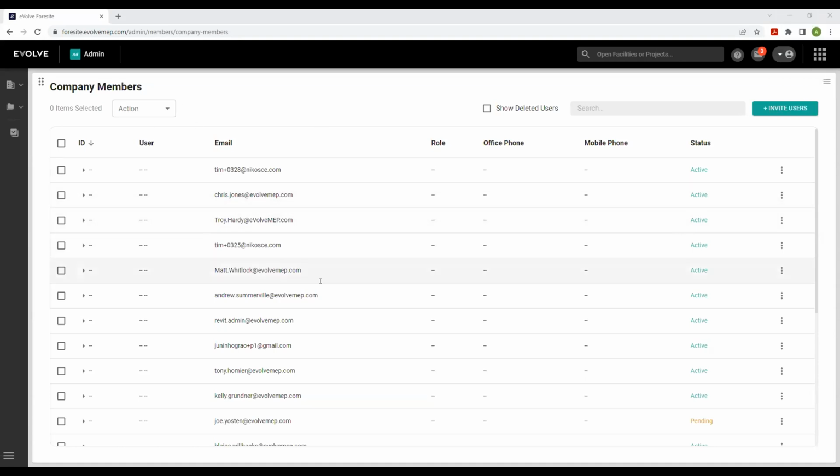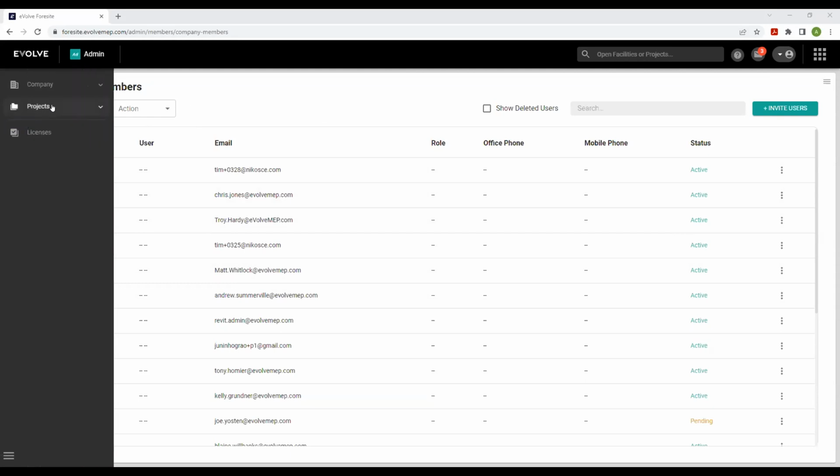So this is the main page that you're going to see when you log into Foresight. For setting up projects, it's typically best for the admin to set it up. Of course, some people, like company members, can just log into Revit and create their own project, but then it gets a little messy within the Foresight portal. So I'm just going to show you a nice and clean way to do it and how to assign company members to projects. What you're going to want to do is come over here